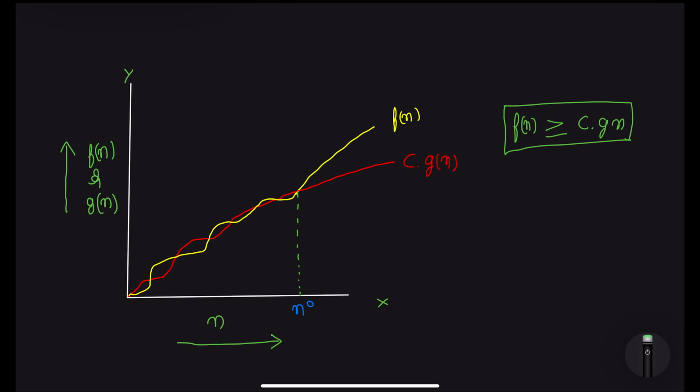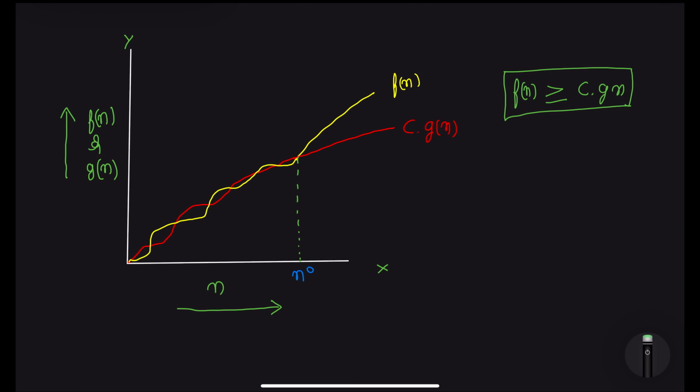The definition may not be that clear, so let's utilize the graph to understand what omega is. We have our two functions f(n) and g(n) on the y-axis, and the x-axis represents n. f(n) is said to be omega of g(n) if and only if f(n) is greater than or equal to c of g(n). You can see in the graph that until a certain point, which is n naught, the values of f(n) and c into g(n) are not in any relation. Here they are in a zigzag pattern, so sometimes f(n) is larger and sometimes c dot g(n) is larger.